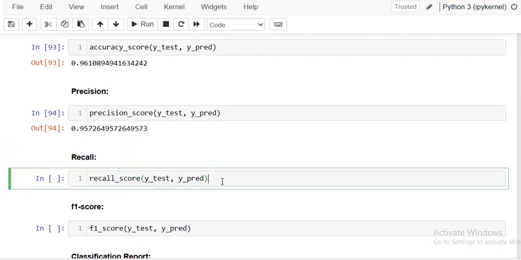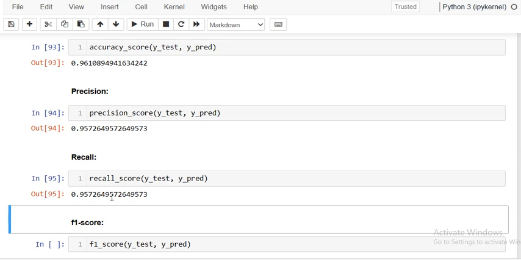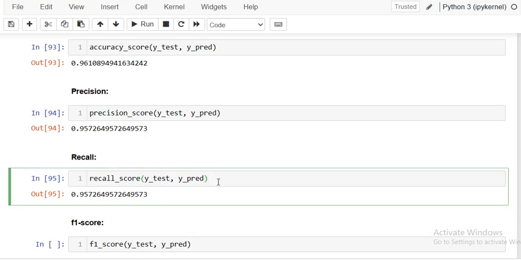The recall score we will check, and the recall score is again 95%. In this case recall relates to false negatives. What is a false negative? If the email is spam, but the model is predicting it as non-spam. So that may be the case here in recall, that is the false negative, and precision is